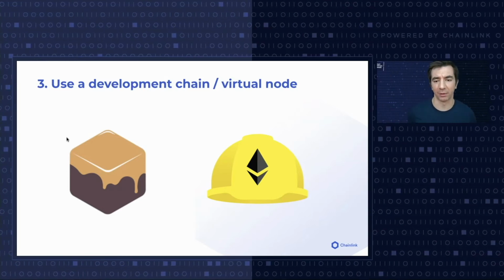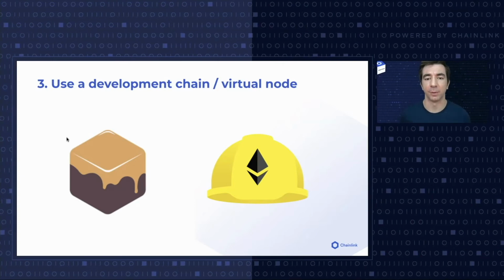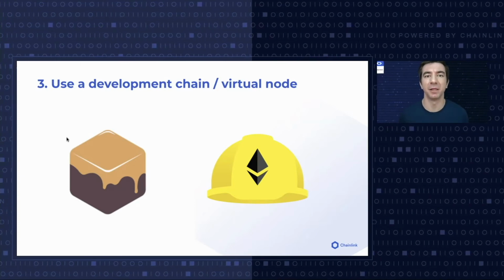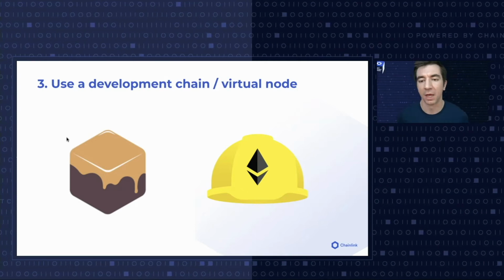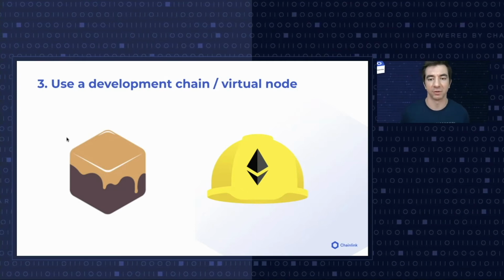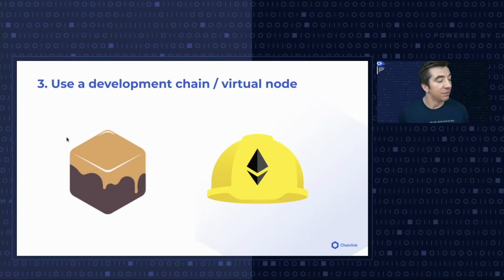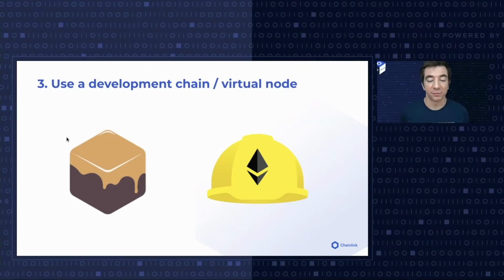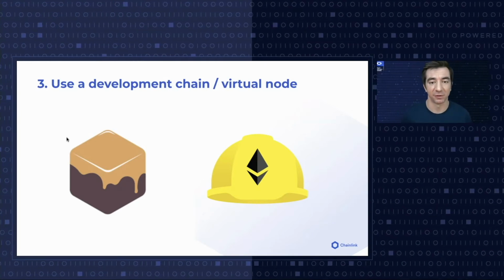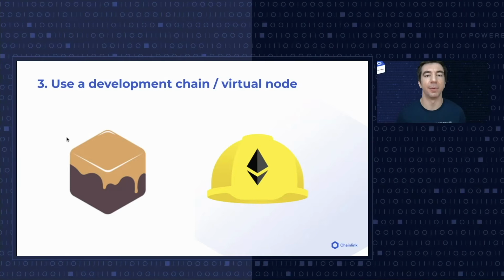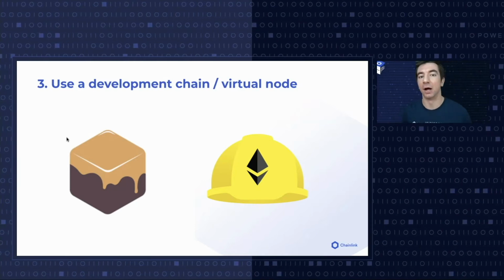Working with these development chains, you're going to actually be able to test everything that you're doing in a simulated blockchain environment. So a lot of people, they get into the space, they go, oh, okay, cool. I'm going to jump on, I'm going to deploy everything to a test net. That's great. That's great for an integration test, but that should really be your last step. The last step should be deploying to one of these test nets because you have to wait for all those blocks to be mined. It's going to be hard for you to iterate quickly